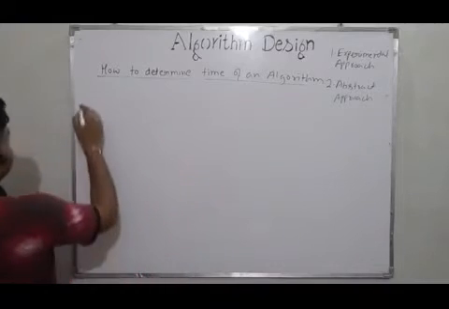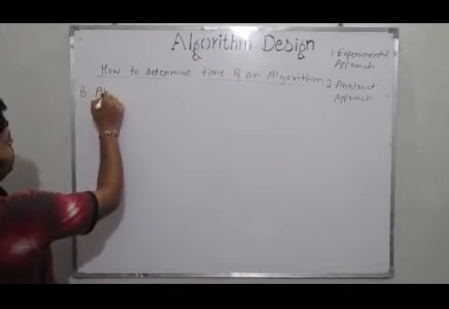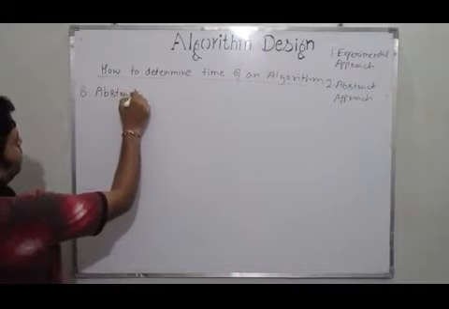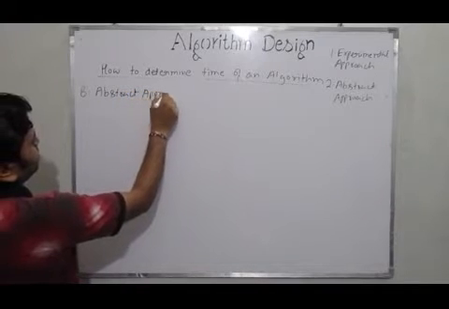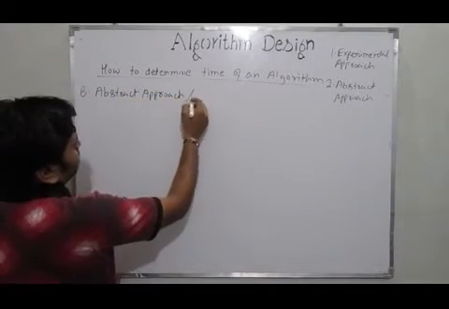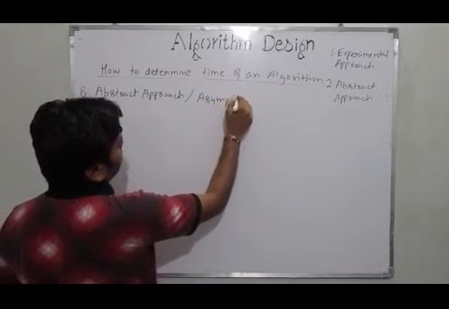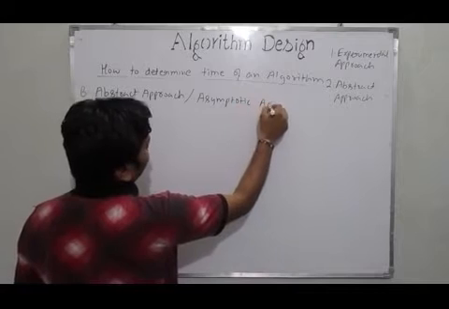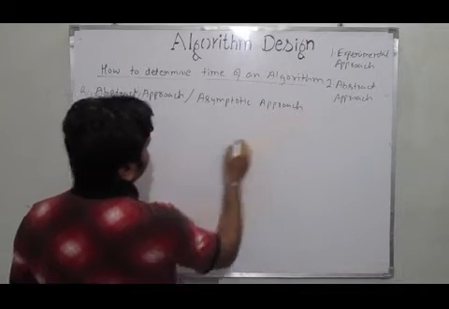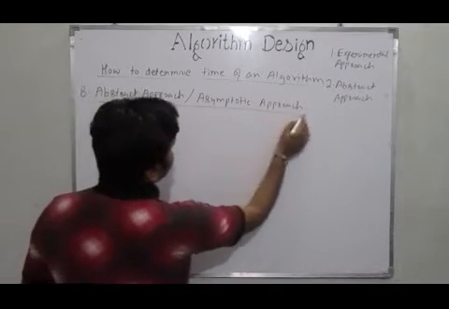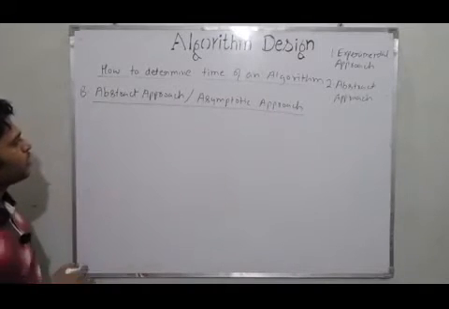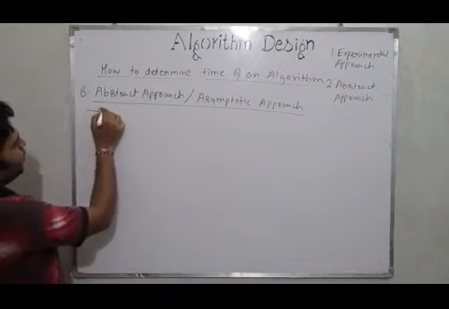This approach is basically the abstract approach, and this approach is sometimes termed as the asymptotic approach. So what is the idea of this approach? Here we make use of